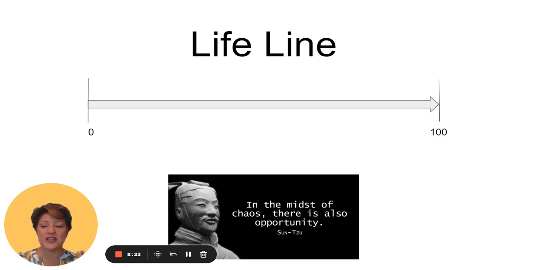Now, one of the things that I forgot to ask you to do is I want you to own this lifeline. So I want you to put your first name right on top of that line, a few inches above that lifeline. I want you to write your first name. I'd have Kim up there, right? I'm going to own that this is my lifeline.